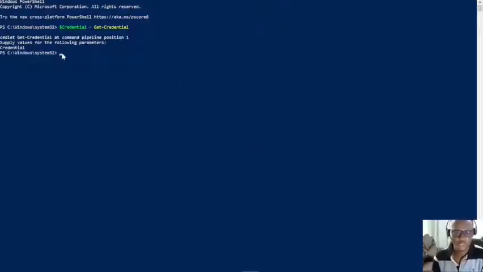Okay, so the next step is to connect, right? So you run the following command: Connect-MicrosoftTeams space hyphen Credential space $credential. It should connect us to the Teams PowerShell module,